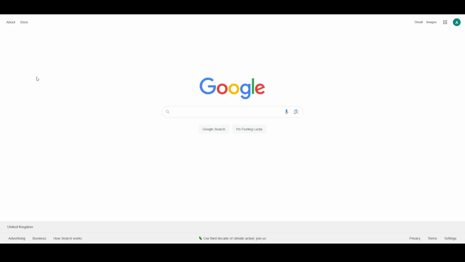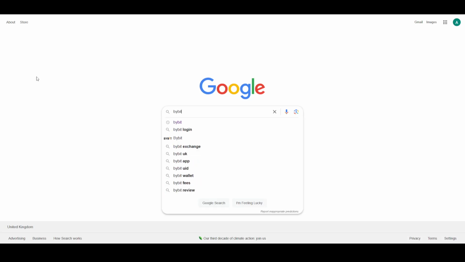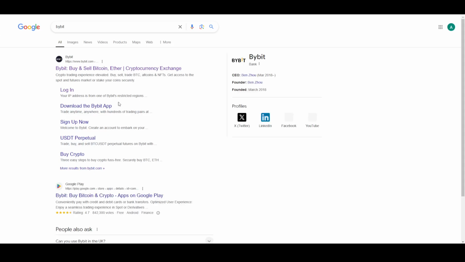What is up, guys? Today we will talk about how you guys can set up stop loss on Bybit. Well, the process for that is pretty simple. For that, you just have to come to Google and search for Bybit, and then after searching for Bybit, go